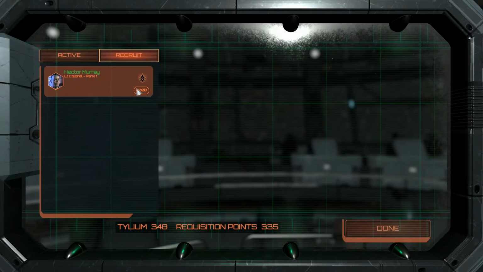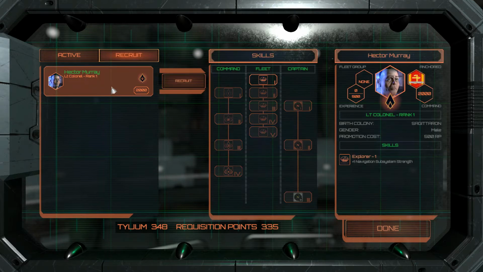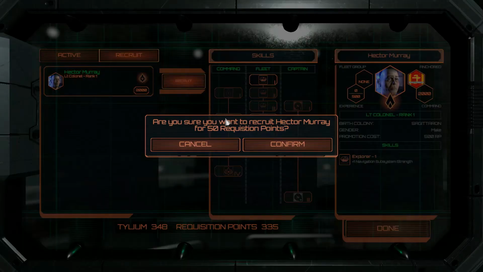Actually, can I still get... Ooh, now I can get an officer. Perfect. That's what I was waiting for. How much exactly does it cost, though? And he's an explorer, so he's just for navigational system, mind you, so... Okay, 500 requisition points, so I actually don't have enough, damn it. Oh no. Oh, promotion cost. Okay, never mind. I misread that. I thought that was like how much to recruit him, so...